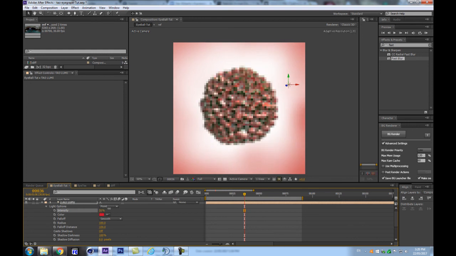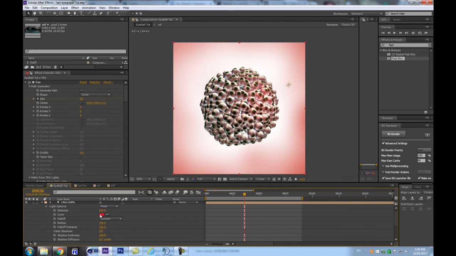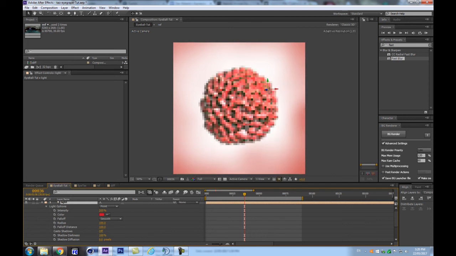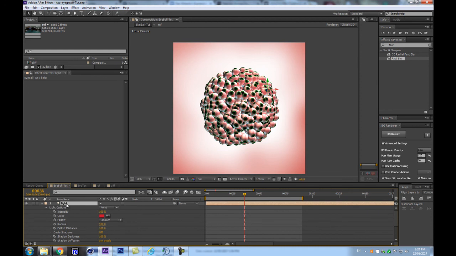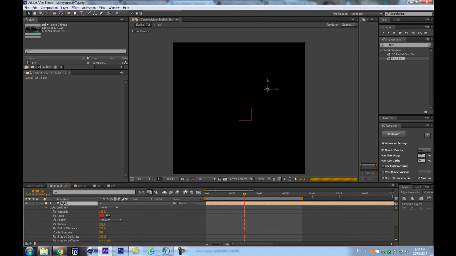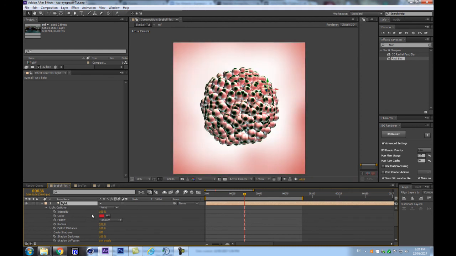So in this case, I would use more of just a normal light and not a Lumi one, because it's easier to get those kind of simple hotspots. Let me just Control refresh to make sure that